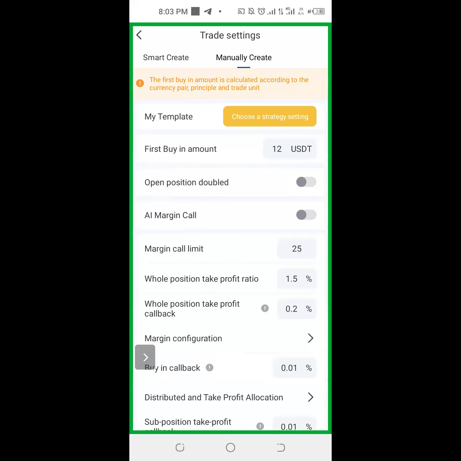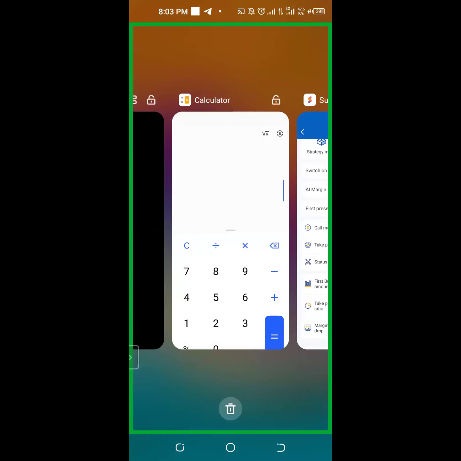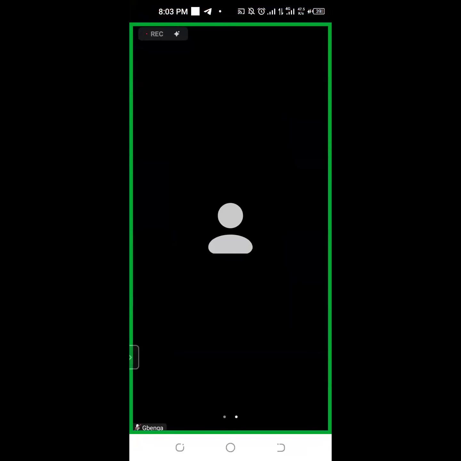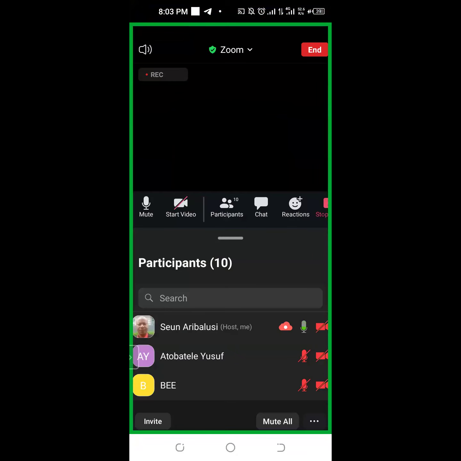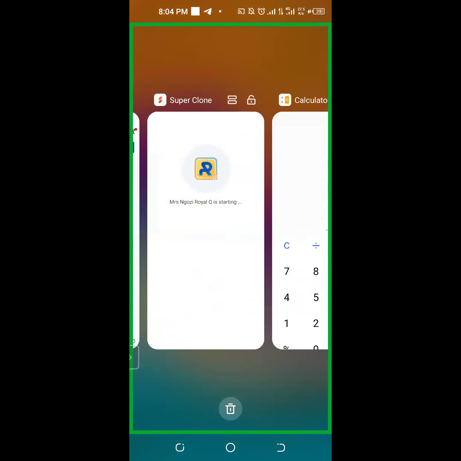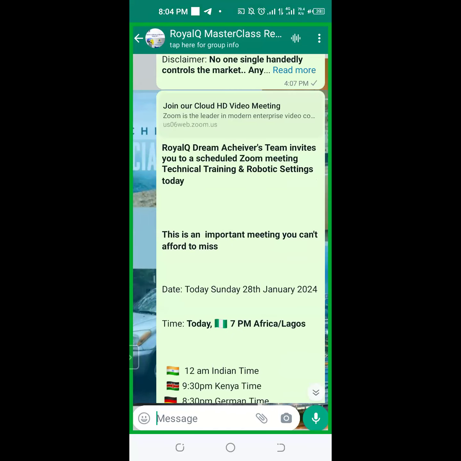So I think I've done justice to how to open more margin calls so that you can reduce your floating loss, make more money in the dip, and come out of the trade gradually. Now, let me go to the next agenda. Okay, the next agenda is